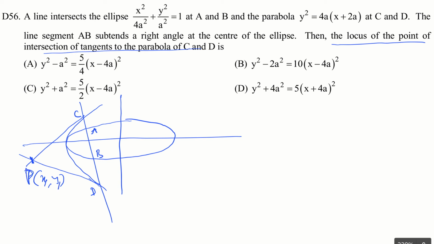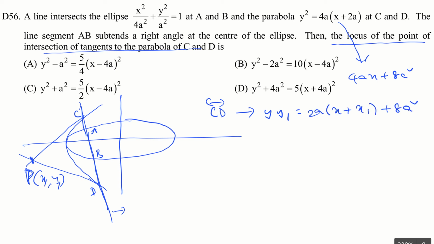Observe that for the point P, this line CD is the chord of contact. So its equation we can write is nothing but S1 equal to 0, that is for the parabola. So writing the equation of the line CD as S1 equal to 0 for the parabola, it will be y1 y equal to 2a into x plus x1, or you can simply write this as 4ax plus 8a square. So you'll have it as 2a into x plus x1 plus 8a square. That is the CD equation. And now observe that